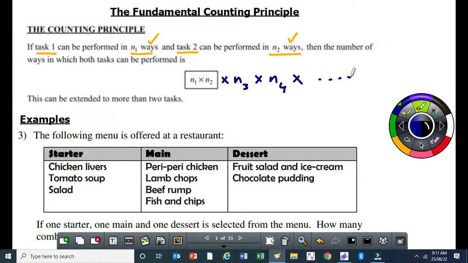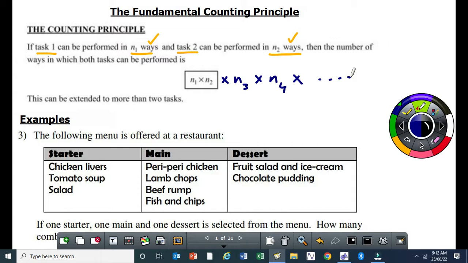Now, the nicest example is the case of someone who goes to a restaurant and is given a menu. You have got starters. In this case, you have 3 starters: chicken livers, which I don't like, tomato soup, and salad. Then you have a main meal: peri-peri chicken, lamb chops, beef rump, and fish and chips. I like fish and chips. And then for dessert, you have fruit salad and ice cream,